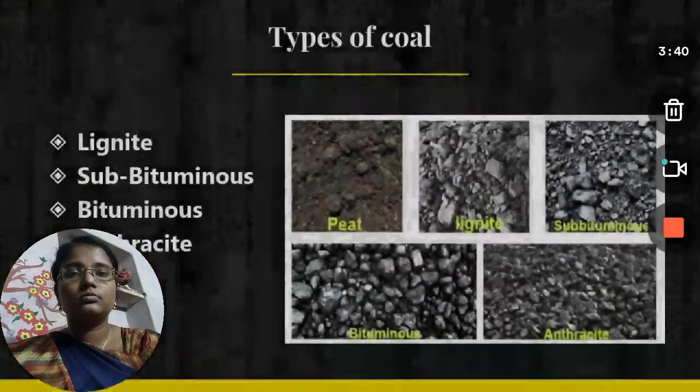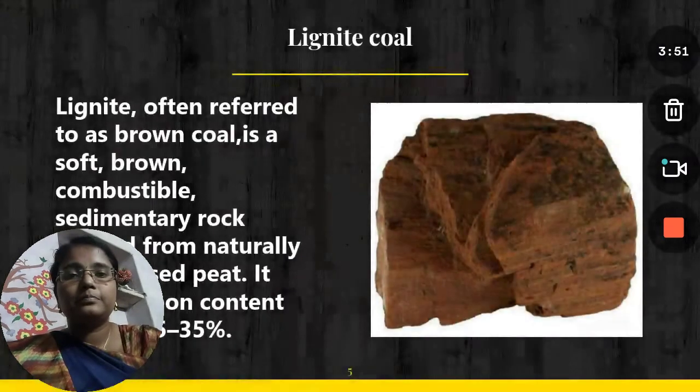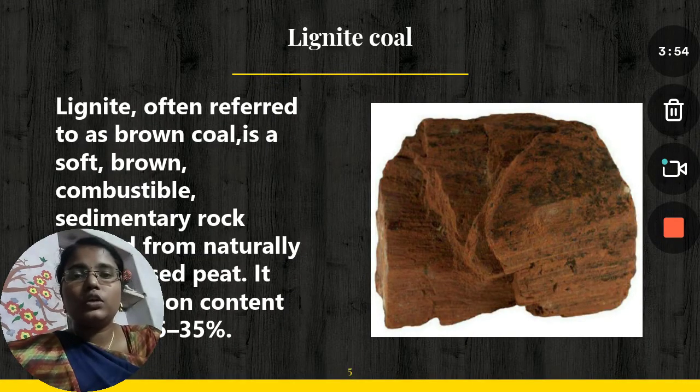There are four types of coal: lignite coal, subbituminous coal, bituminous coal, and anthracite coal. First, let us see about lignite coal. Lignite, often referred to as brown coal, is a soft, brown, combustible sedimentary rock formed from naturally compressed peat. It has a carbon content around 25 to 35% and is considered the lowest rank of coal due to its